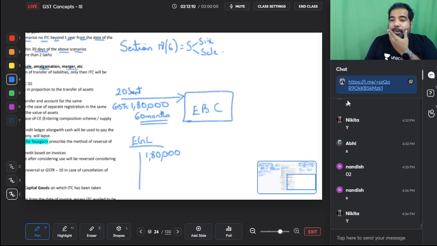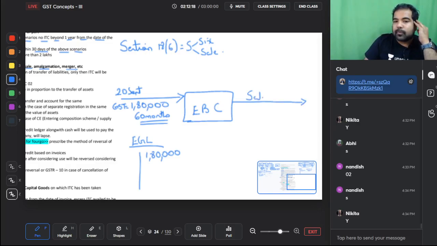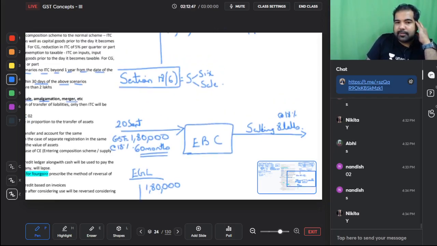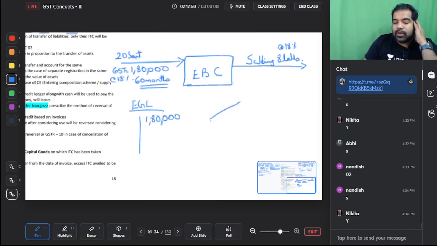But guys, somehow you did not like the truck. So today, that is 27th Feb, you are selling the truck for, let's say, 8 lakh rupees. The GST that time also was 18%. Now also it's a truck, so GST will be 18%. So the government says, listen, you've broken a promise. We gave you credit of 1,80,000 because you had promised to use it for 60 months. And now that you've broken your promise, you have to pay GST under section 18(6), which is the higher of the two amounts. What is the higher of the two?